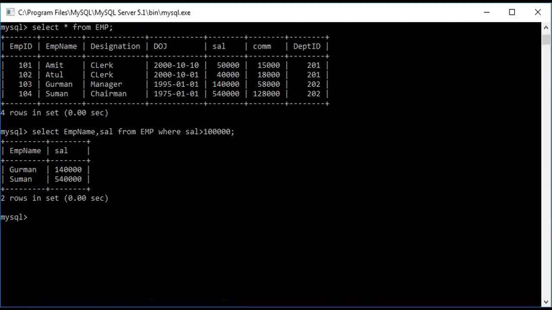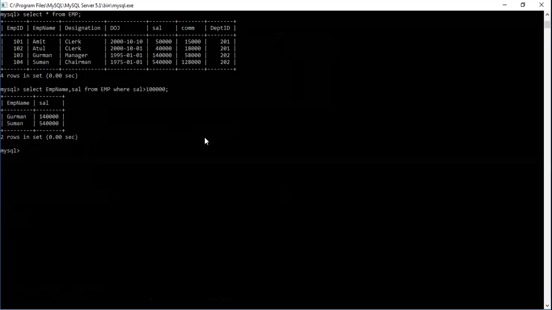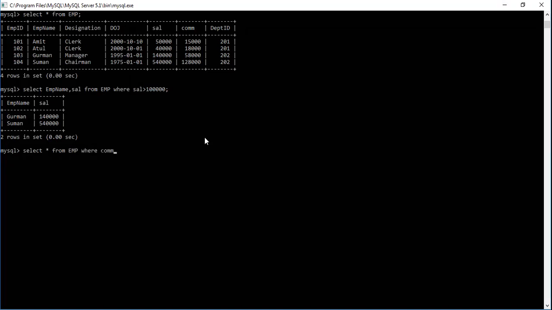So then if you want to check whether there is any null value in between. So for null values, again we'll write select, let's put star this time, star from EMP, where let's say commission is null, not equal to null.